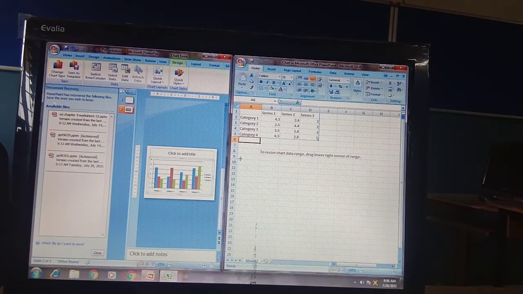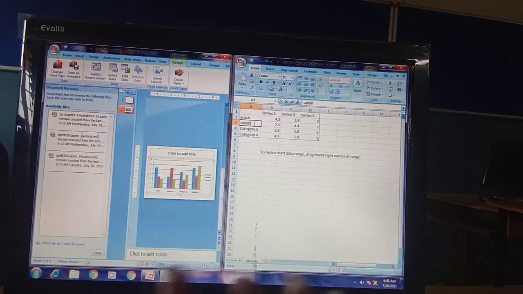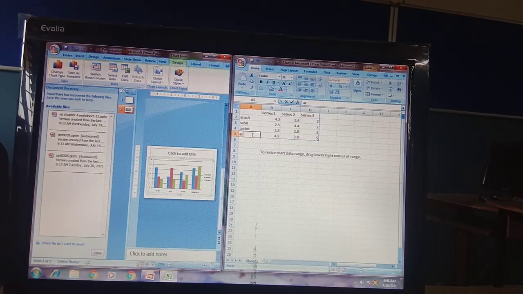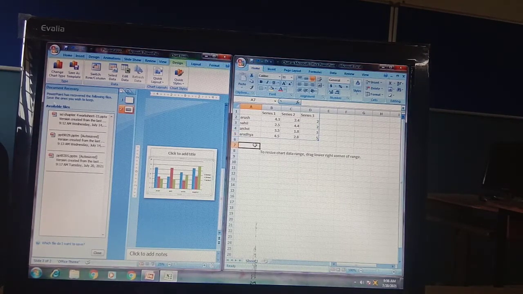For example, let's take 4 students: Arush, Sahil, Archit and Aradhya. So these are the 4 students whose marks in 3 subjects we are comparing.